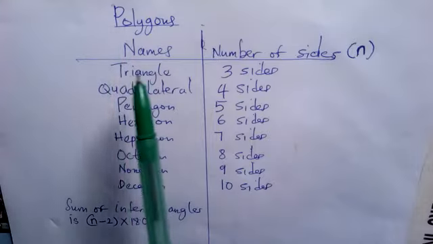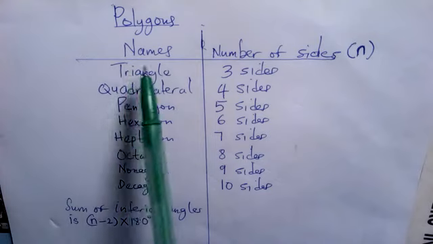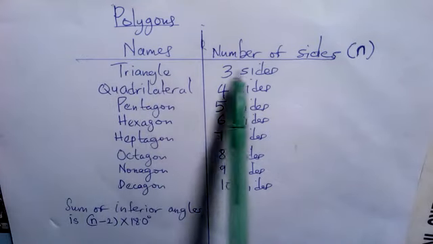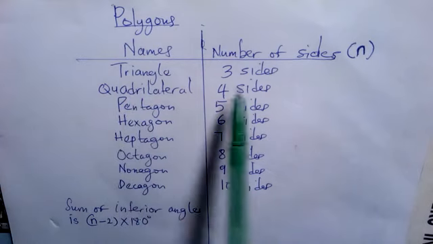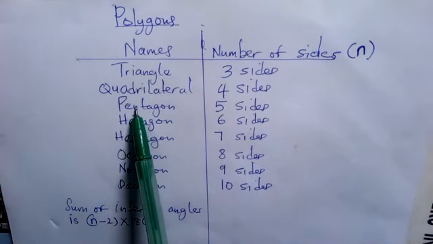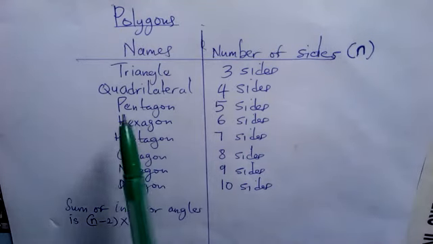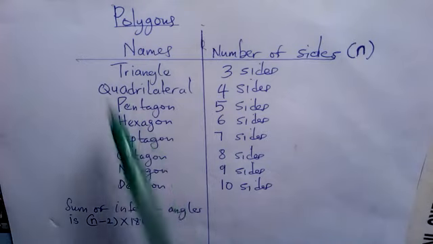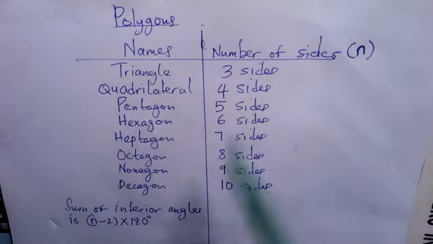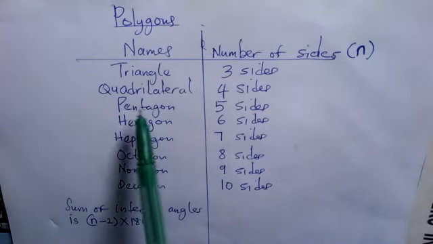In the last class, I told you different types of polygons, and I said the first polygon is triangle and it's having three sides. The next one, which is quadrilateral, is having four sides, and pentagon is having five sides, up to decagon that is having 10 sides. The very important thing about this is knowing all these names and all these sides. For instance, if I ask you how many sides a pentagon has, you should be able to tell me the